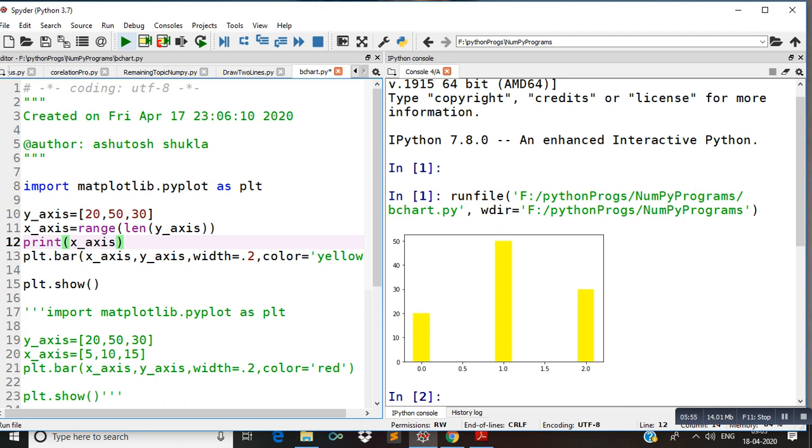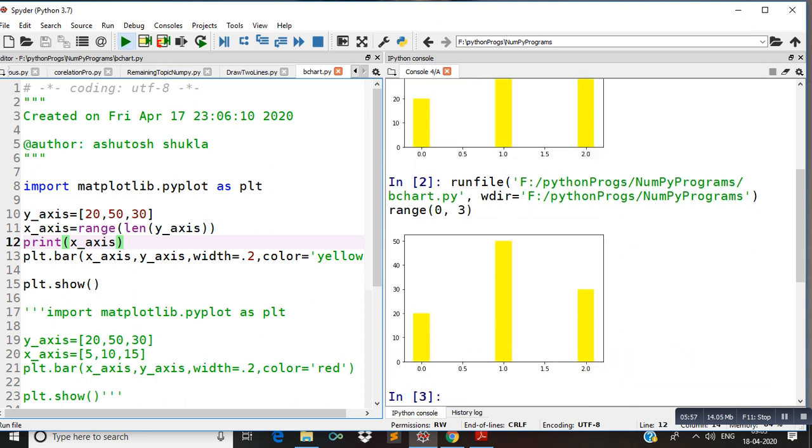Here you can find range 0 comma 3, but values will be used from 0 to 2. These values on the horizontal line, 0.0 up to 2.0, are shown here. So using this method we can create a bar chart.